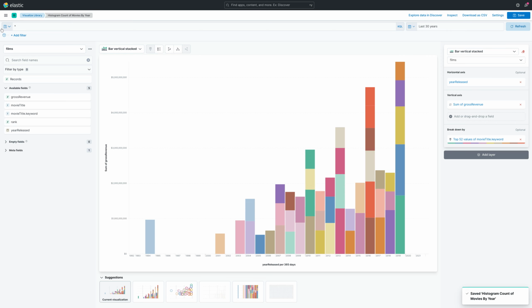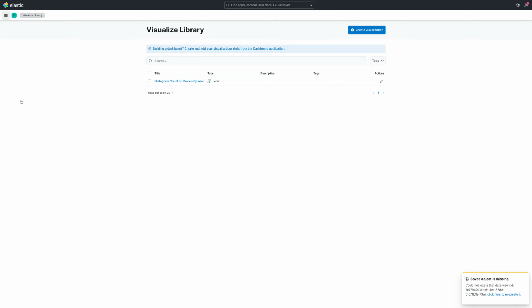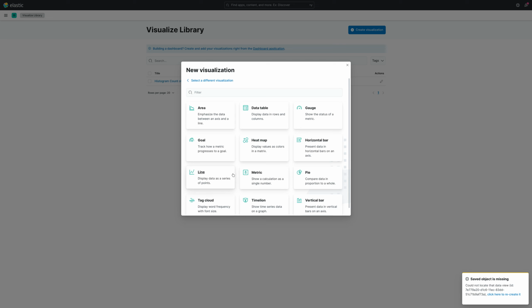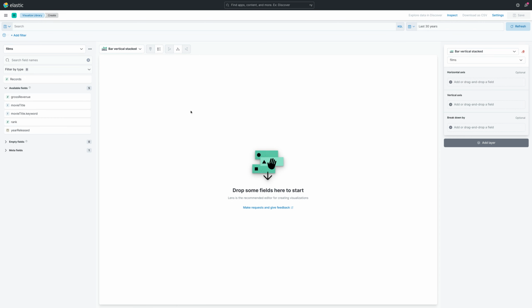And we wanted to have some metrics. So we'll go visualization library. So we now have one saved in our visualization library. We can go create, and we can say aggregation based. I think we can actually do this in lenses. Let's have a try to do it in lenses. So lenses is a newer functionality, and it's quite nice, but doesn't maybe have all the same tweaks and knobs. So if we go gross revenue